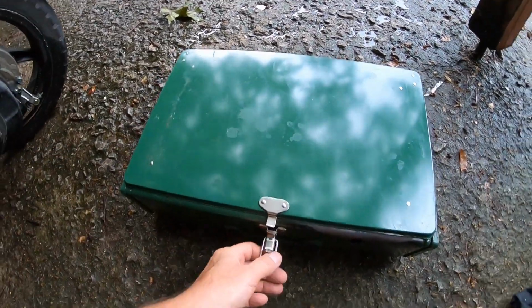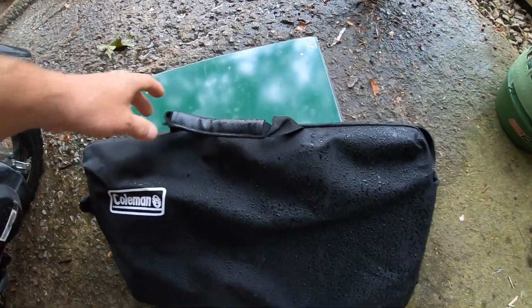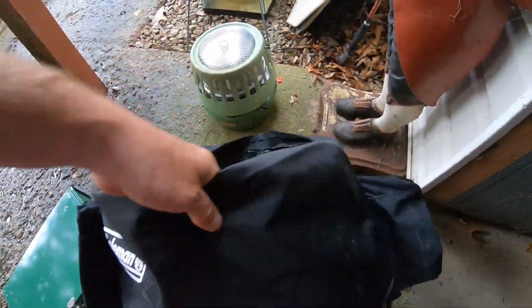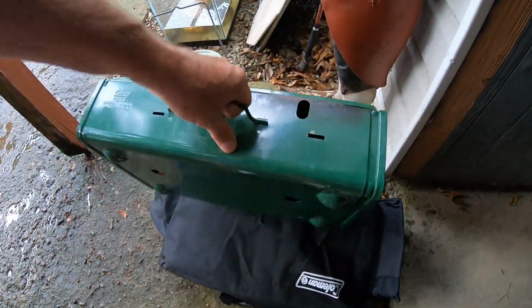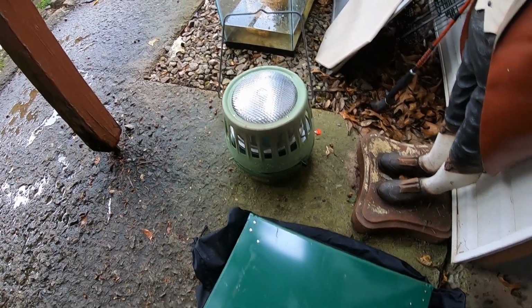I was gonna say this was an old vintage one too, but this bag, if that's the right bag for it, it might not even be the right bag. But that's definitely not a vintage bag. But I suppose they still manufacture these in the same way they used to back in the day, so it might be hard telling. But anyways,